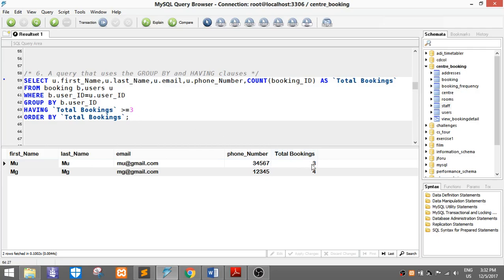So from minimum to maximum sorting. This query is useful because the total number of bookings for each user can be viewed, and the condition of 3 or more also makes it useful by selecting the most loyal member or user for this